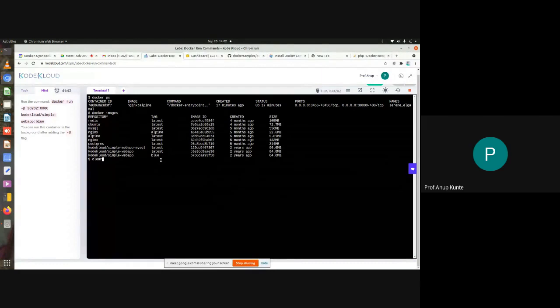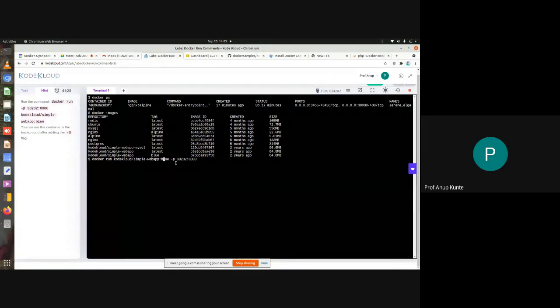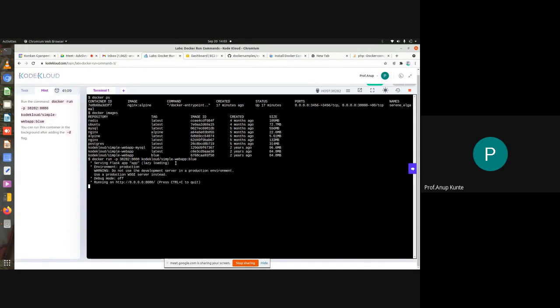Now, what we did was we did port mapping after the docker run command. So we'll just cut this off and paste it earlier. It did not cut, I don't know why. It's terminal, so I did not cut it from it. So I execute it again. This time it won't require downloading the image. The image is already available with us. It will just run the application.